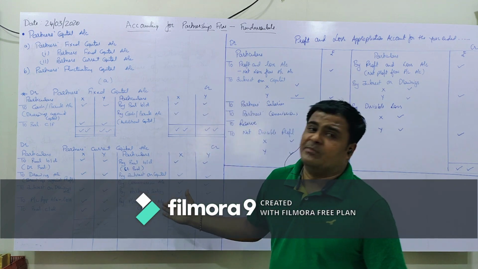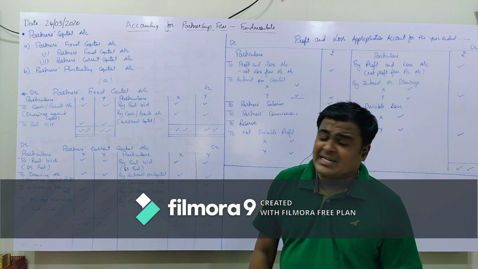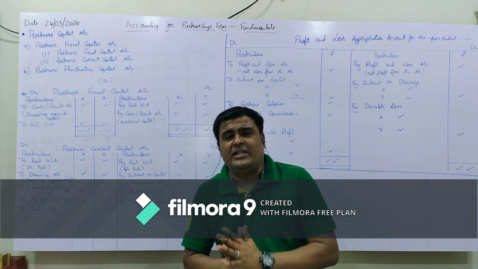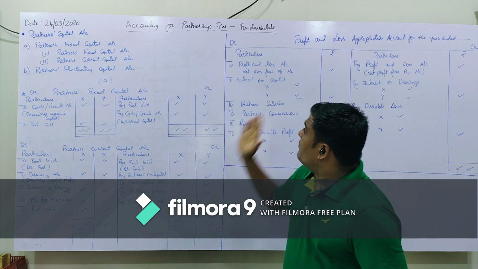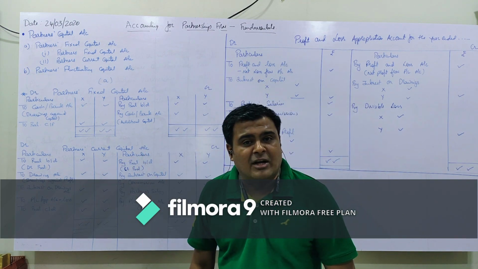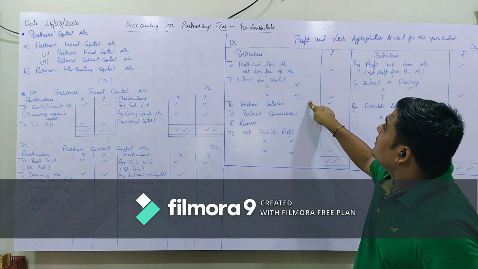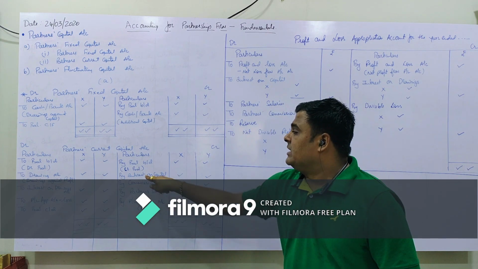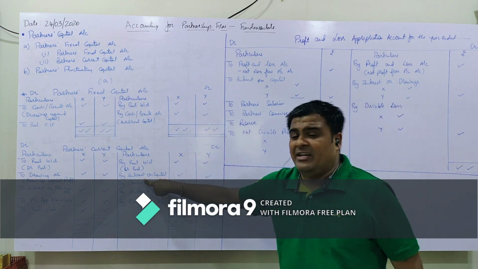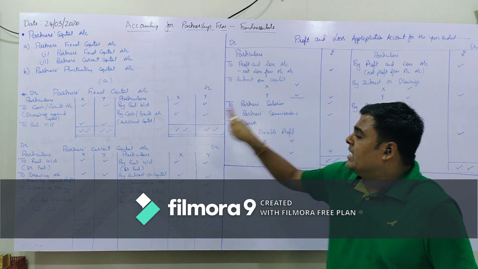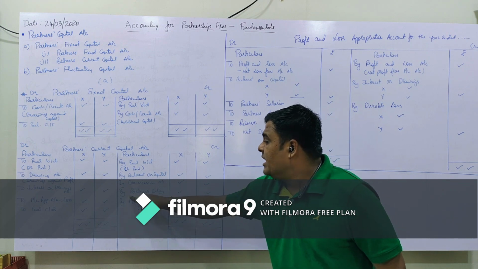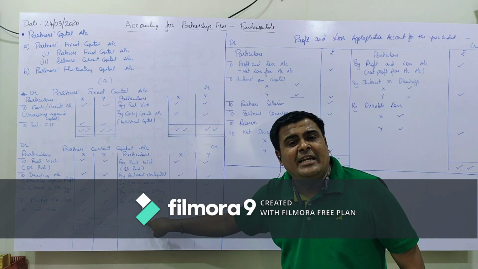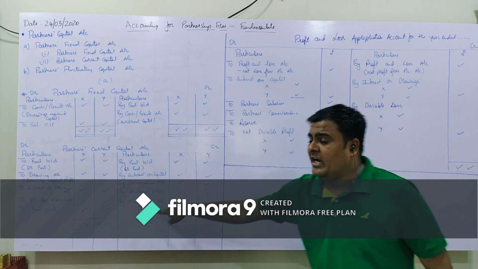Now let us see the other items which are credited and debited in the partner's current account. The other one is "By interest on capital account". See, one very good technique I will teach you to remember the profit and loss appropriation account and the partner's current account. What is debited in the partner's profit and loss appropriation account will be credited in the partner's current capital account. That is interest on capital, here it is debited, here it will be credited. Commission, salary, here it is debited, here it will be credited. Partner's salary, here it is debited, here it will be credited. Profit and loss appropriation, the net divisible profit, here it is debited, here it will be credited.